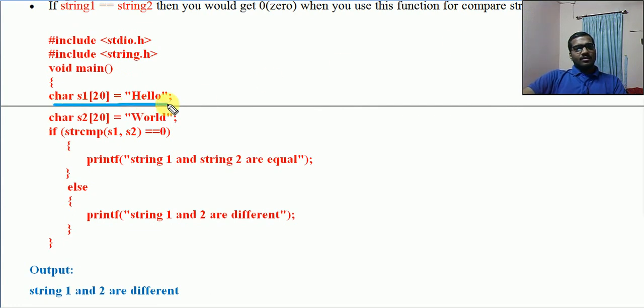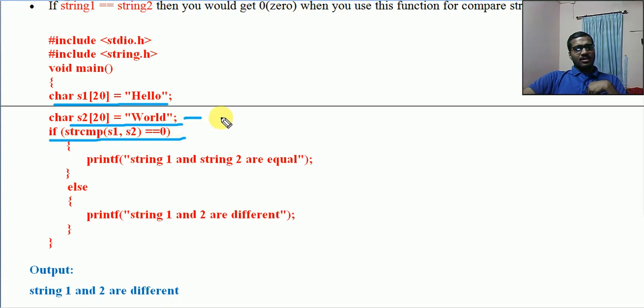S1 I am assigning hello, S2 I am assigning world. If strcmp of S1 comma S2 equal to 0, what is the meaning of this statement? Otherwise we can do one thing.